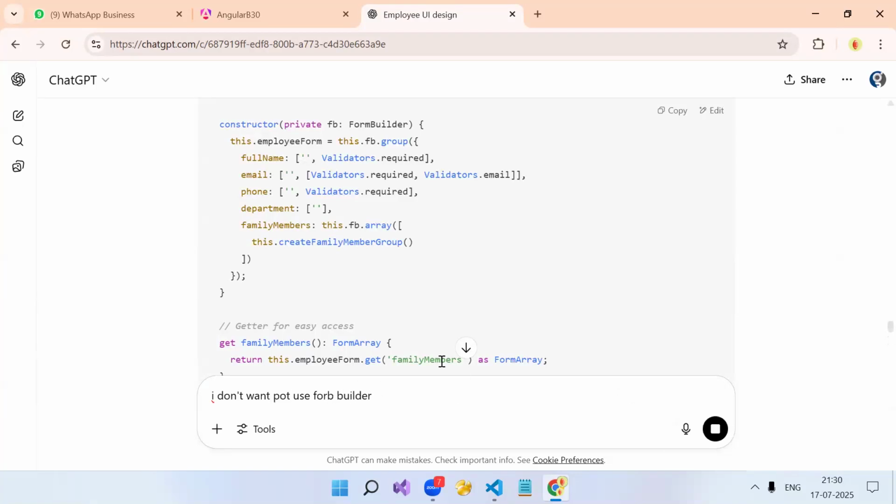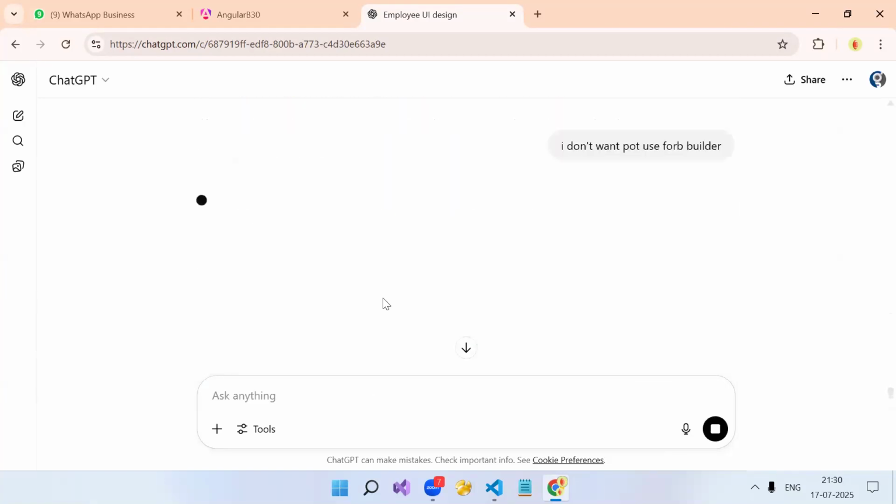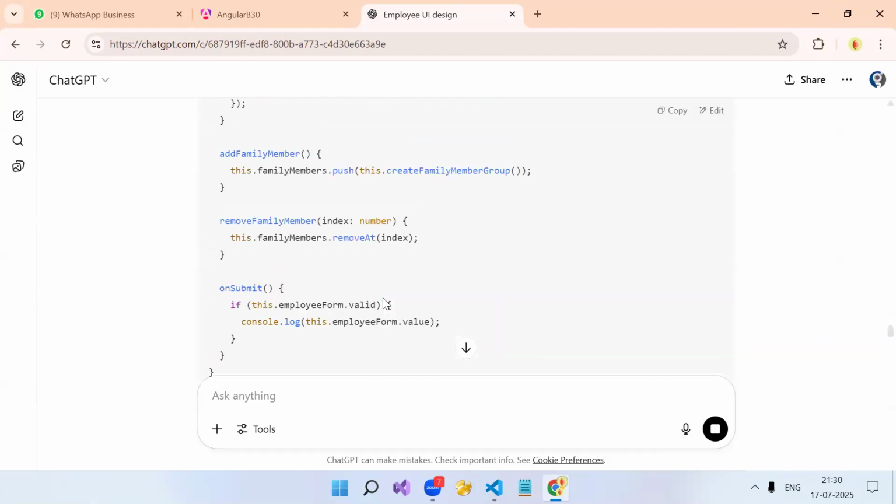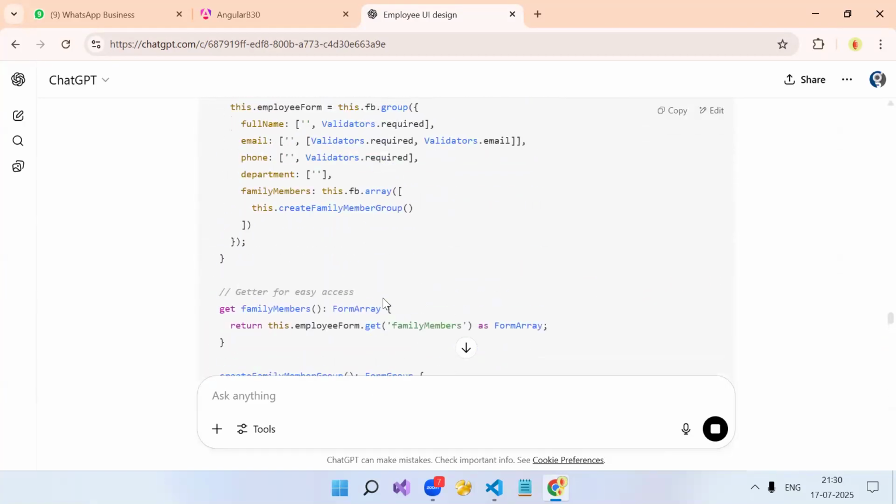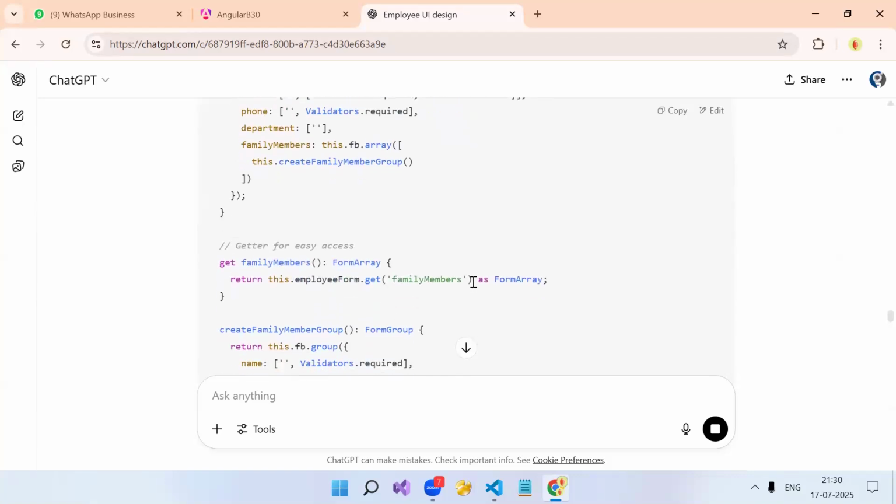We need to add dot get method. See, there are two ways to read a particular control from your form, either square bracket control or the get method also. Both will give you the same thing.